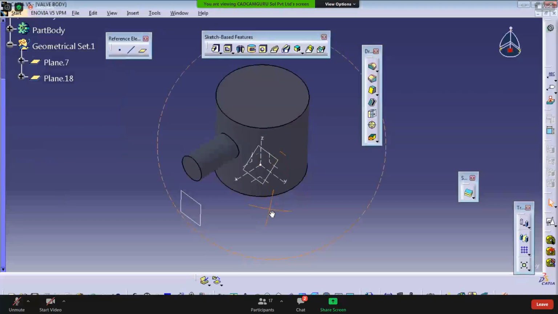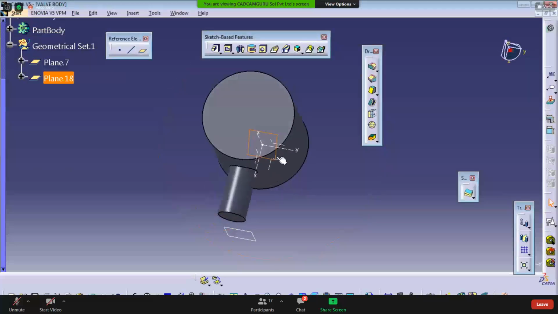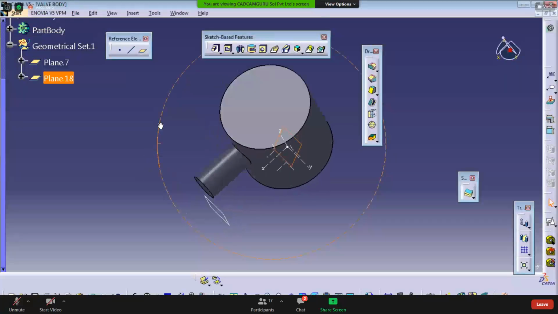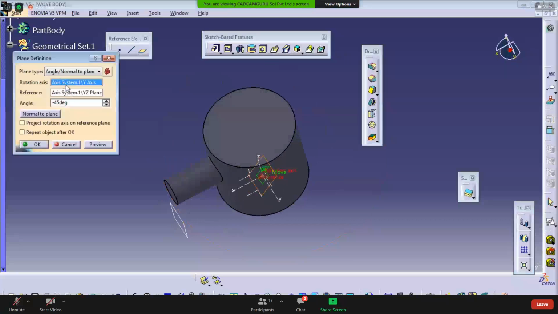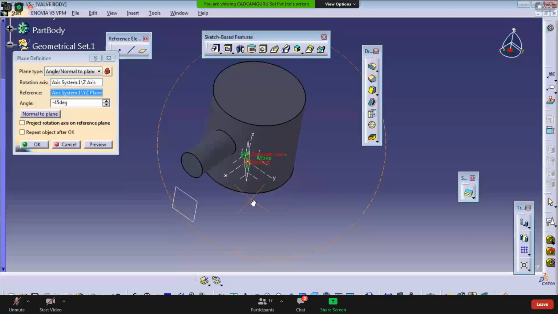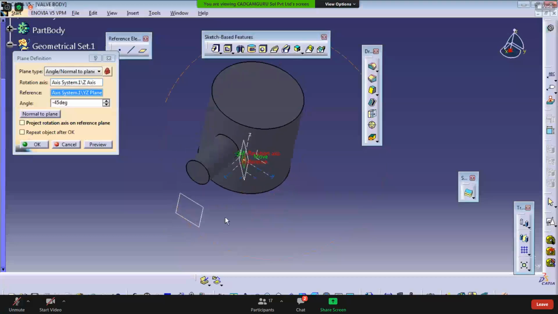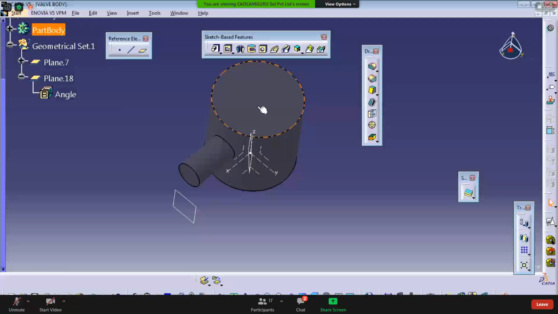Click OK. And try to apply the feature here, but that feature is added from the top side. But from side object, we need to add the feature. That's why my rotation axis around it should be Z. So you see the side rotation. Okay, so now that angle is 45-degree. Okay, and offset the plane.